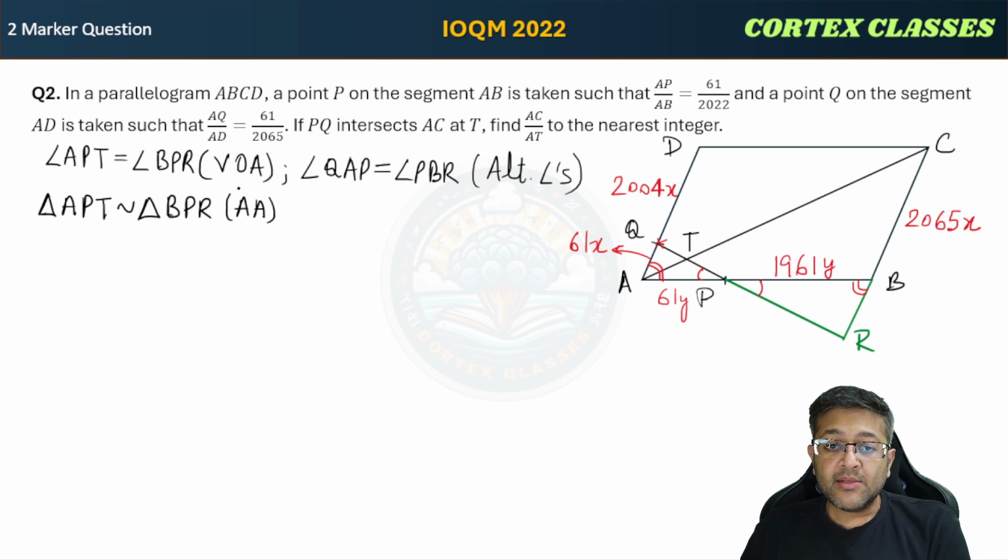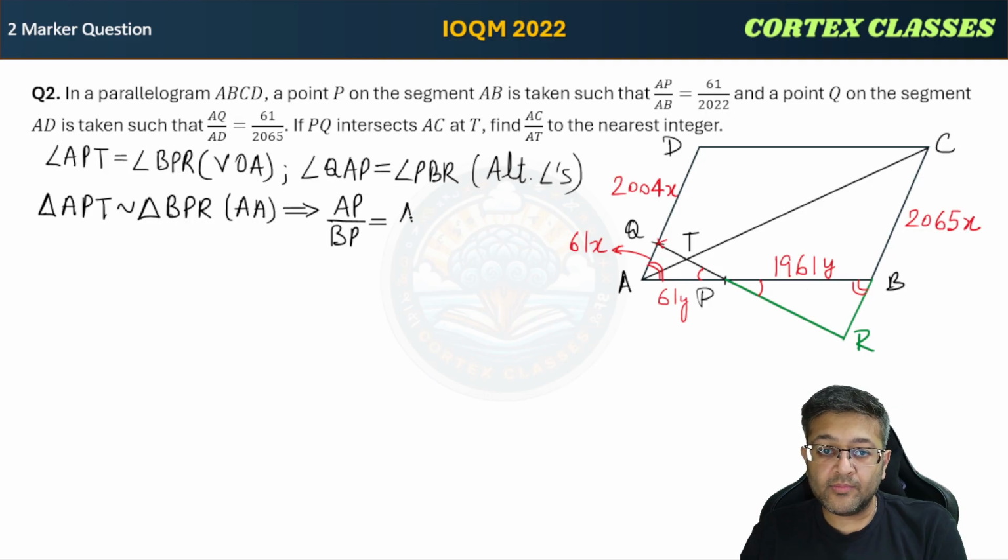Fine. So what can we say? Let us take the ratios. Let us take AP from the first triangle. In the second triangle we will get correspondingly BP. So this should be equal to, similarly, if I pick AQ, sorry, not APT, I meant APQ. I'm sorry here, it is APQ. Triangle APQ is similar to triangle BPR. So AP upon BP is going to be equal to AQ.